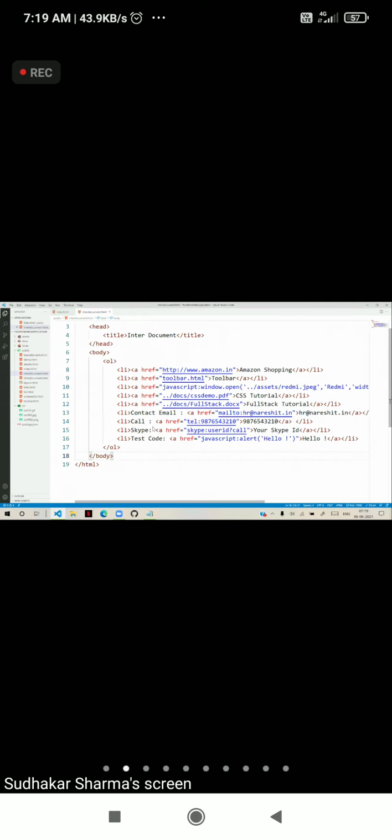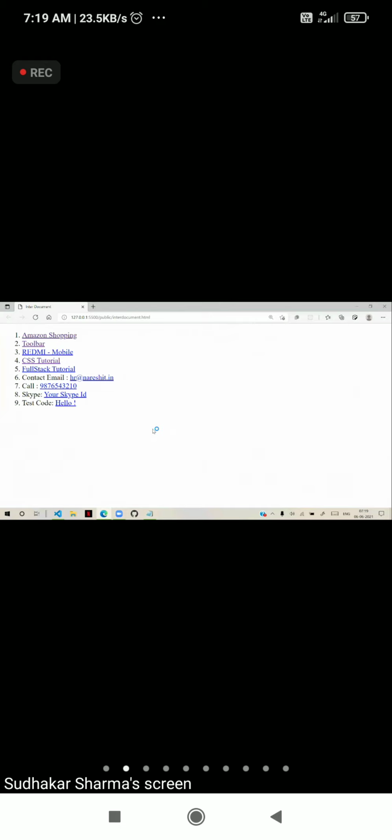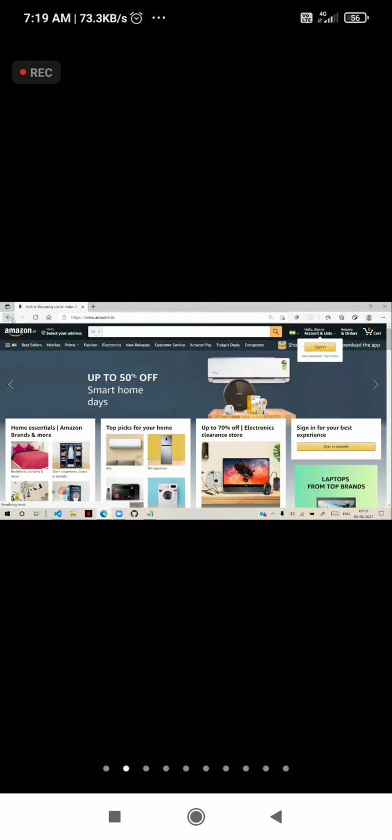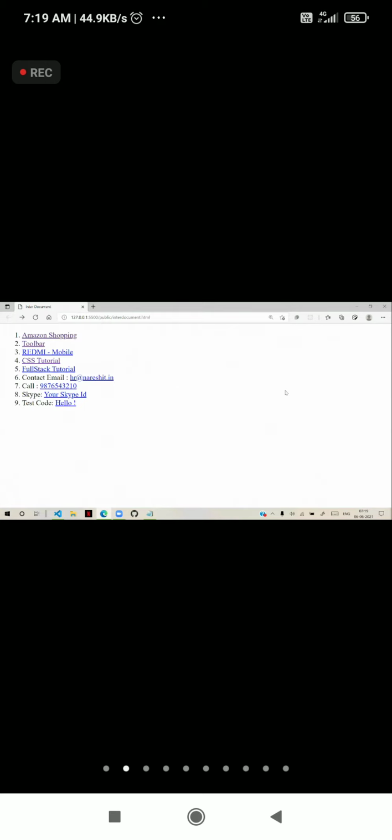So suppose when I select any option here, like Amazon shopping, it opens in a page. By removing the current page, it should not remove the current page. In that case, what should happen? It should display just beside it, somewhere in the same page. How can we open in the same window without losing this content? Generally, we can achieve that by using iframes.